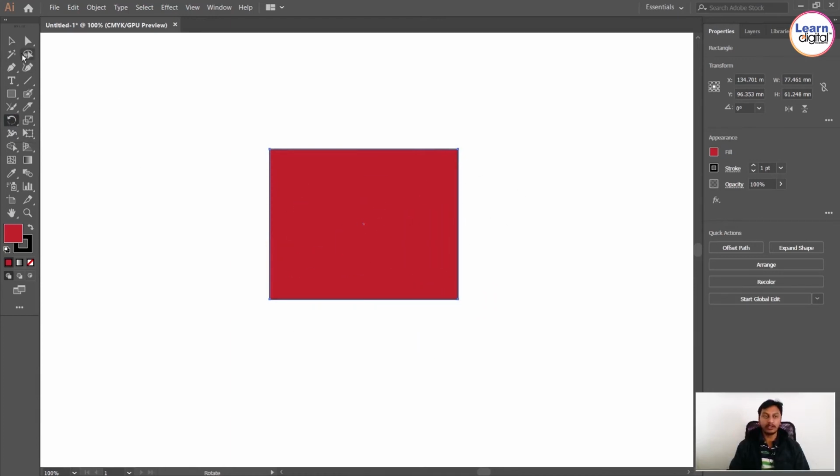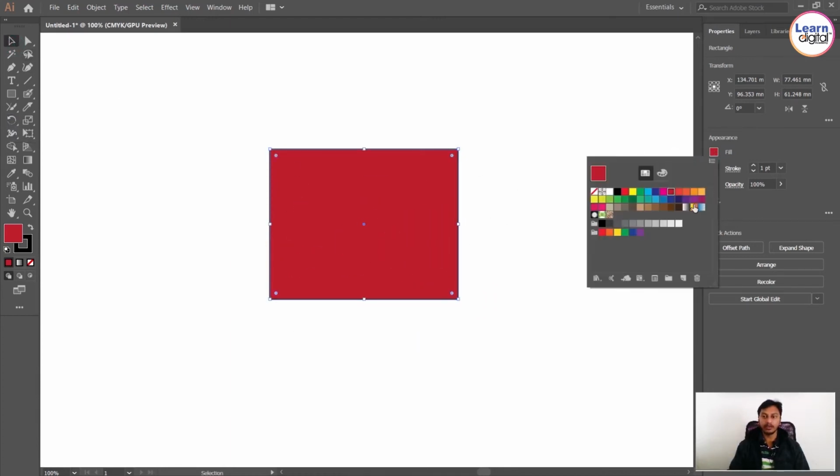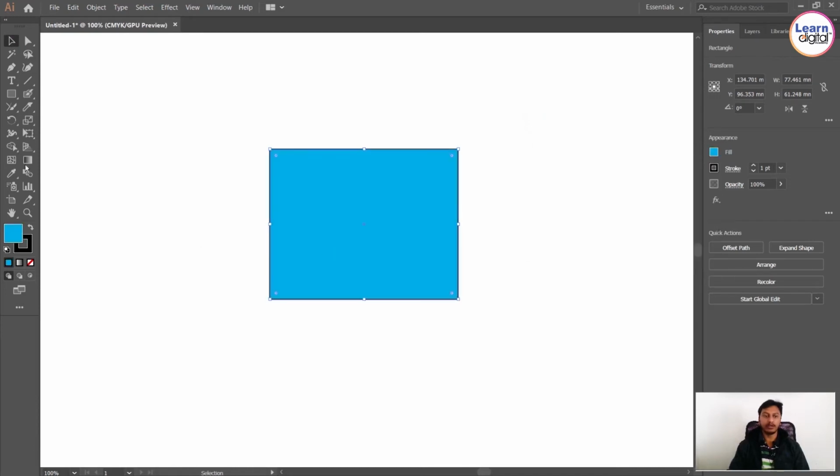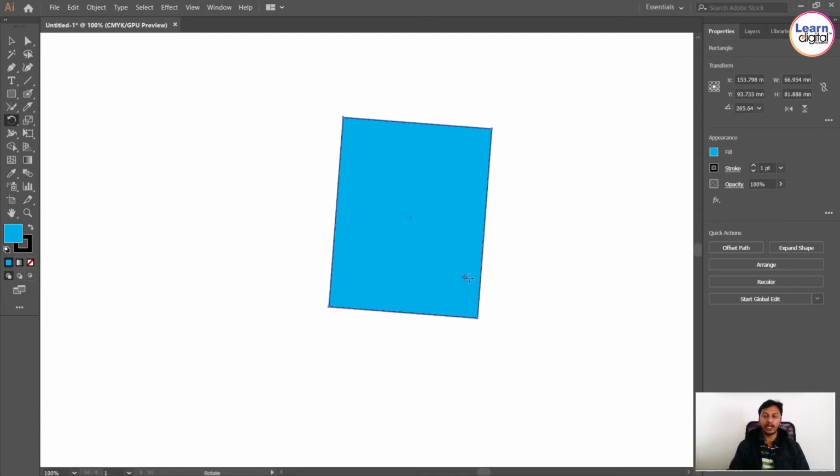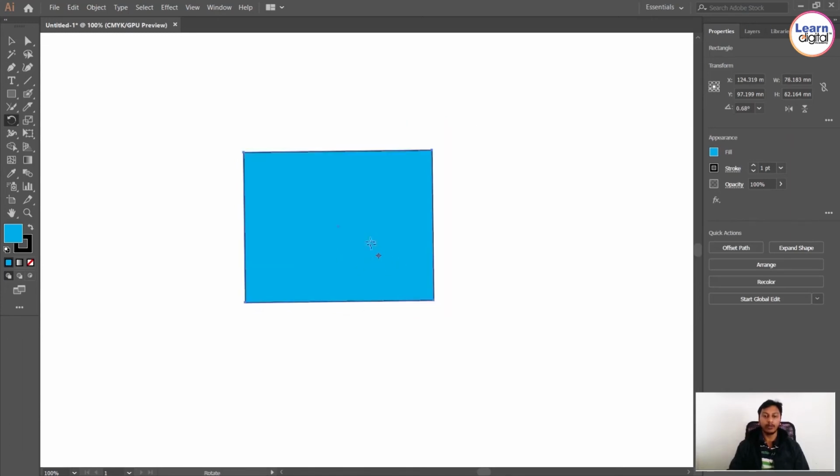Currently you can see both are in the same color. Just a minute, I will change the color so it will be easier. Now you can see one red point over here. That is your center of axis. If I change it to this point and rotate it, you can see the rotation point is this. If you click over here, now the rotation point is over here. So if you want to change your rotation points, that means anchor points, you need to use the rotation tool. The reflection tool is also the same.